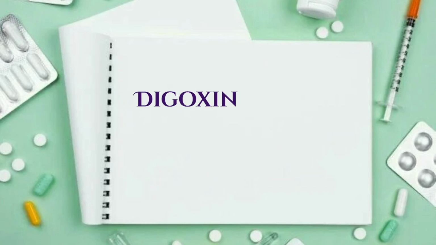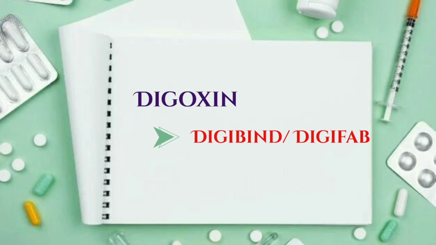Our next drug is digoxin. Digoxin is mainly used to treat heart rhythm problems, like in congestive heart failure. We use the drug digoxin, and the antidote for digoxin is digibind. Digibind is the antigen binding fragment that is used as an antidote for treating the overdose of digoxin, and the common name for digibind is digifab. And the mnemonic is digoxin binds